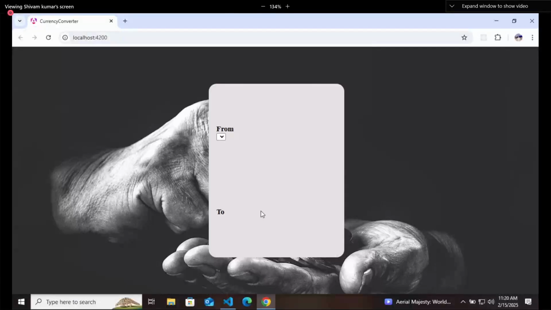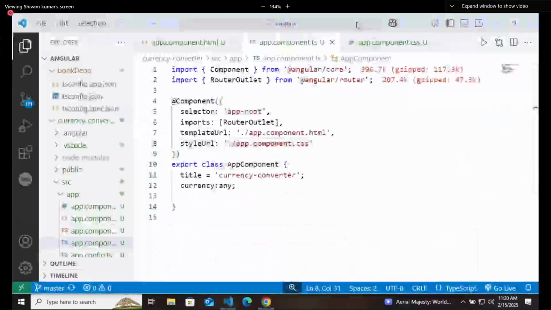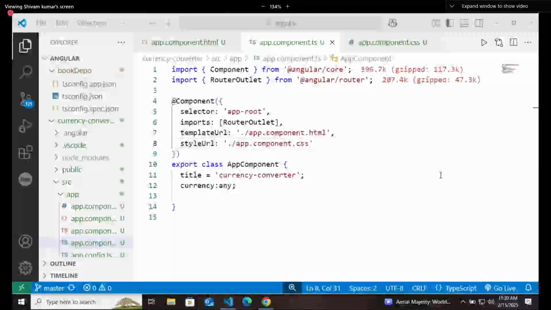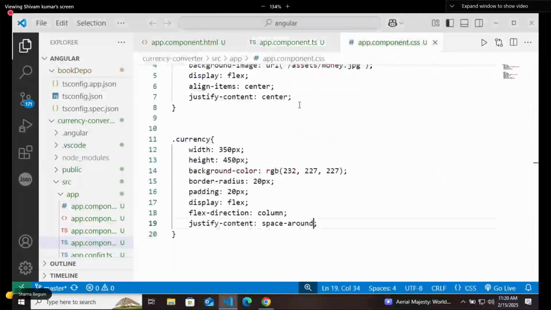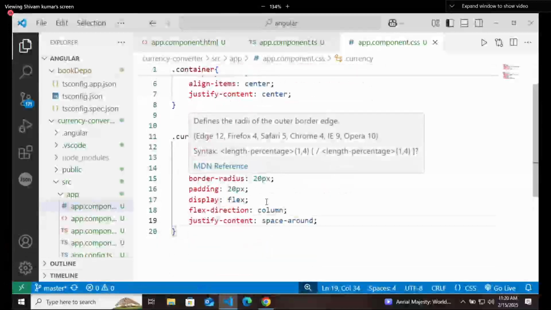Okay, so first of all, we will decrease the height of this container. Those who are joining online, just ping me once if my voice is coming properly. Okay, fine. So what we are going to do is, at first we will decrease the height of this card.